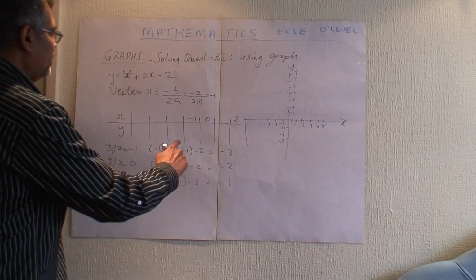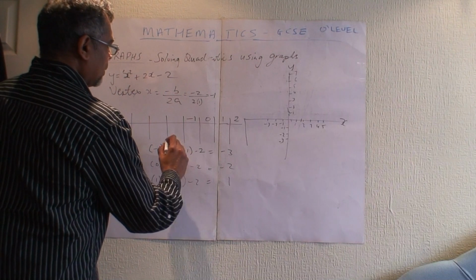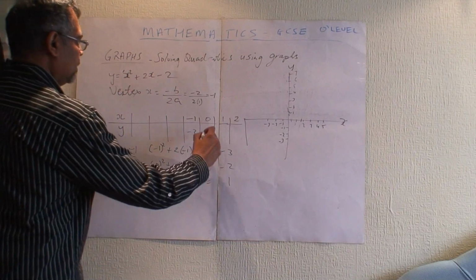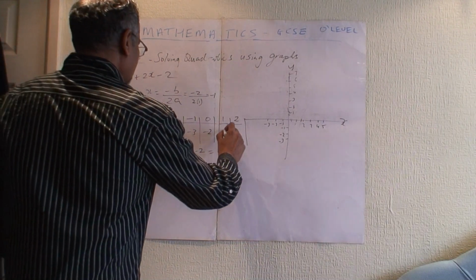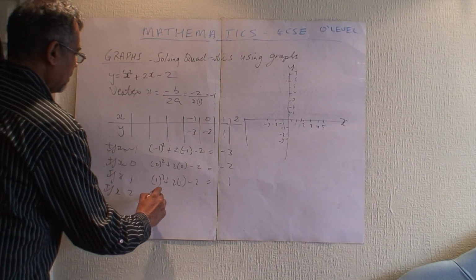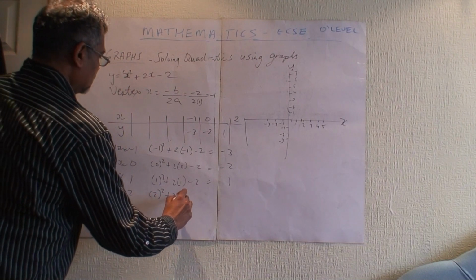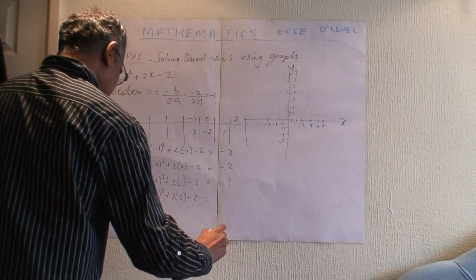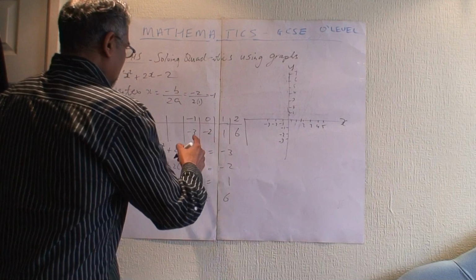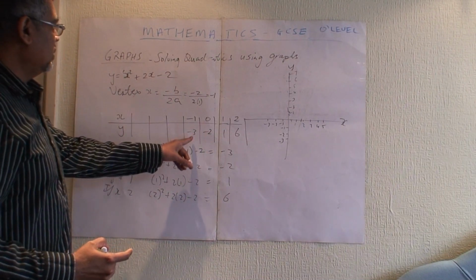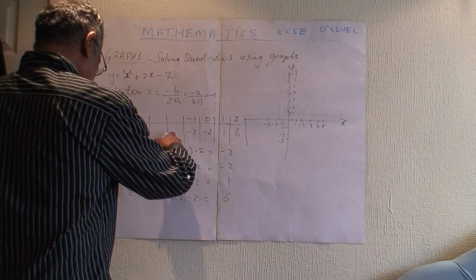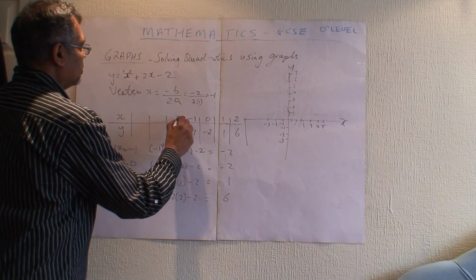Okay, so we know now that this is minus 3, this is minus 2, and this is 1. Okay, and if x is equal to 2, that's 2 squared plus 2 times 2 minus 2. That works out to be 6. Right? Now we know that these values already, so we can also know what these values are. Okay? So we know we're trying to find for minus 2, minus 3,